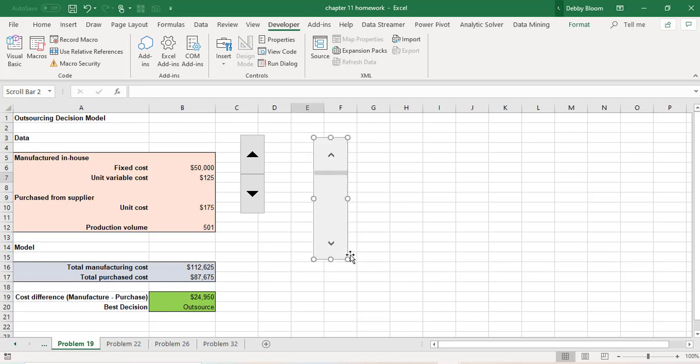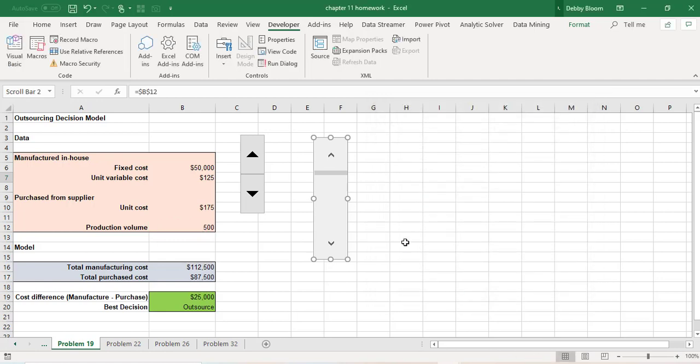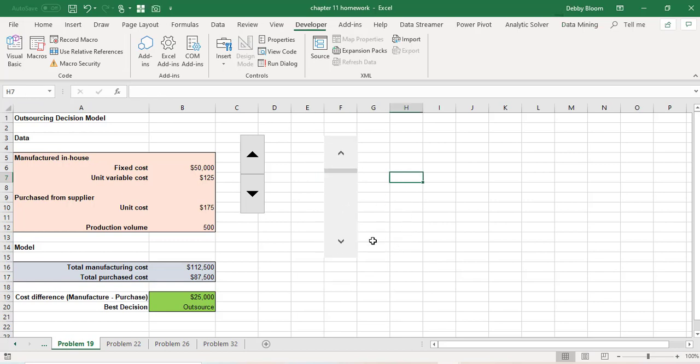And again, don't worry about the size and position. That can always be changed later. This time I'm going to click the Properties button in the Controls group, and notice I get to the same place. Make sure that you're on the Control tab. My minimum is 500. My maximum is 3000. And my cell link, cell B12. And I click OK. And now I can't do anything when it's active except move it and resize it. But if I click away from my scroll bar, I can now use the scroll